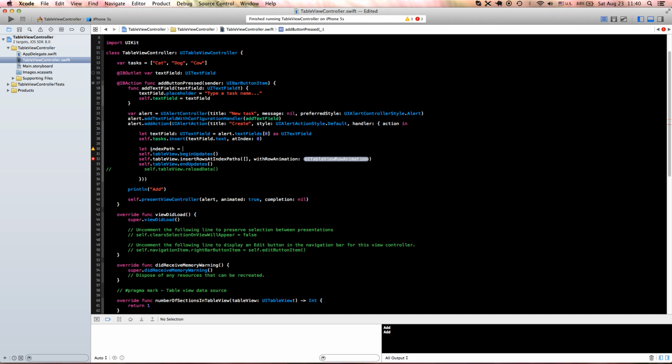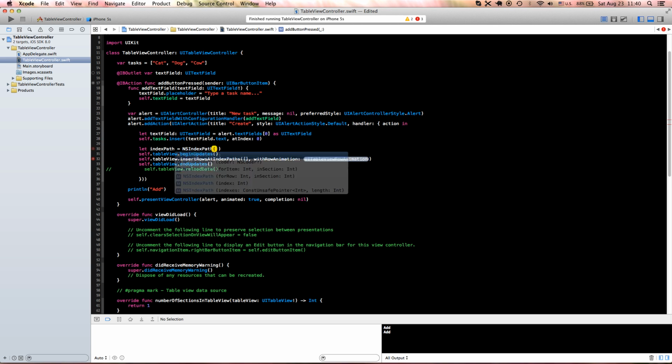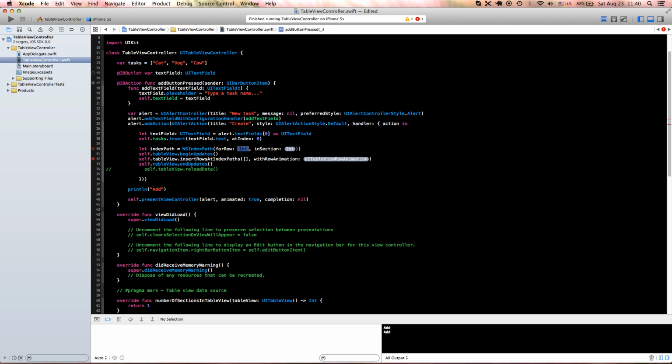Let index path equals NS index path, and in our case this index path should be set as for row, for row in our case is 0 because we insert our tasks at index 0. In section also is 0 section. Let's put it in an array of index path,